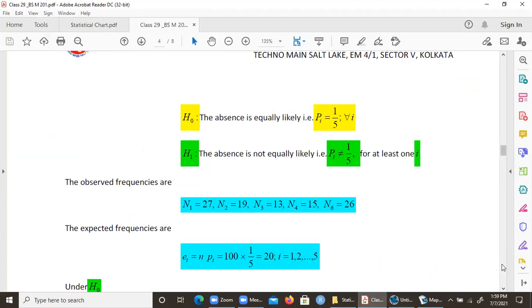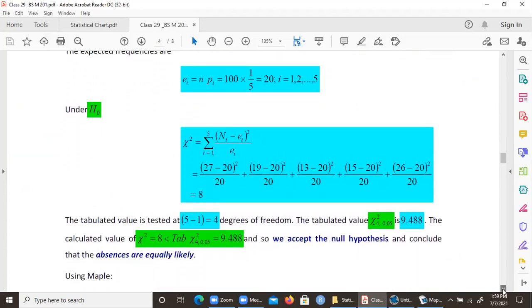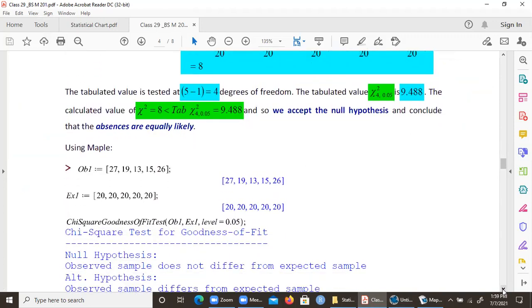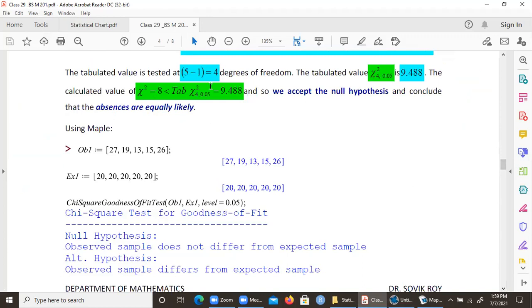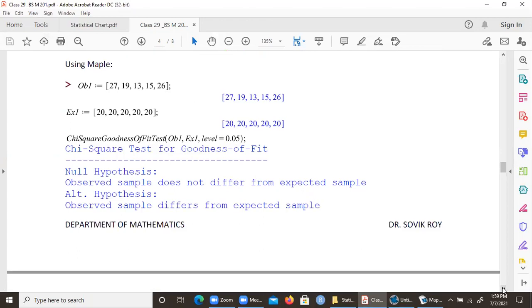Now I was sharing this particular note with you. This particular calculation is telling the result obtained by the Maple software. I have also pasted here the commands of the Maple software for your knowledge. So somehow, if you can get hold of the Maple software from somewhere, you can use this command to do